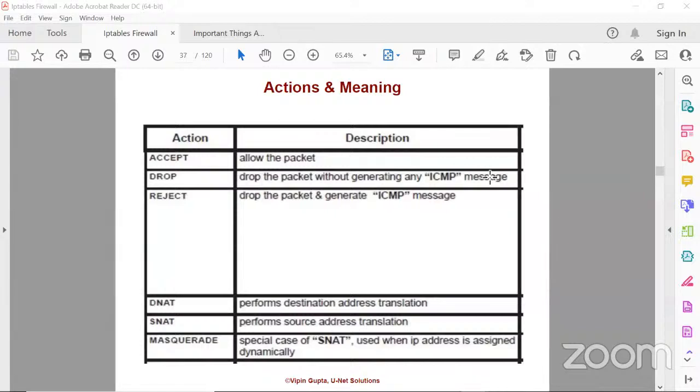Any other? Sir, in the command section, while executing the commands, in many places we have used a single hyphen. And while writing dport, sir, you have written a double hyphen. So yes.